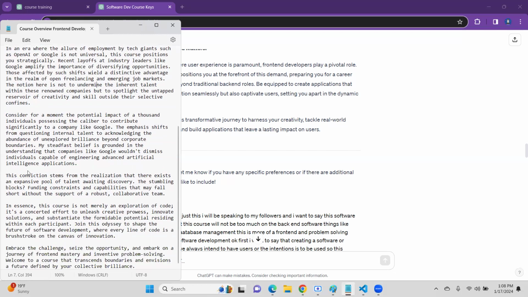Okay, consider for a moment the potential impact of 1,000 individuals possessing the caliber to contribute significantly to a company like Google. Imagine myself going to a company like Google. If there were 1,000 of these, what could happen? I'm saying there would be a lot more going on in the AI field. If it was 1,000 of me, 1,000 of them could make AI apps. And I know that not everybody at Google is capable of creating AI applications on the level of my knowledge